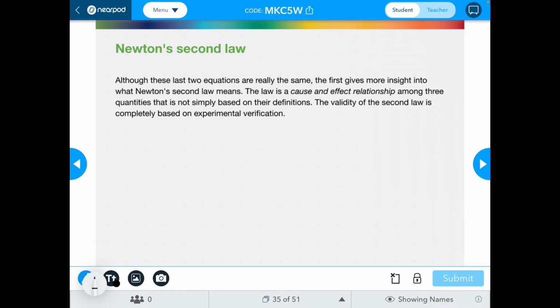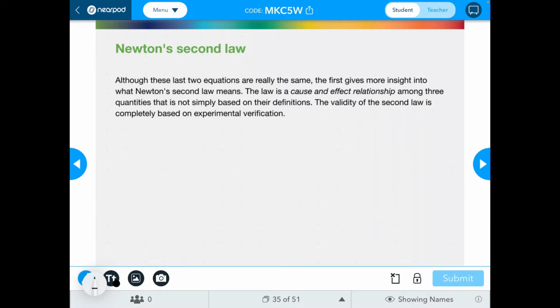So this law is the cause and effect relationship among three quantities that's not simply based on their definitions. The validity of it is completely based on experimental verification. And we already did that a little bit with the carts, where we pushed and pulled the cart for 10 centimeters and looked at the force that we caused and how the mass and acceleration responded. If you look at the answers to the questions on it, we did that on the warm-up for today as well. I didn't go over that with you here, but